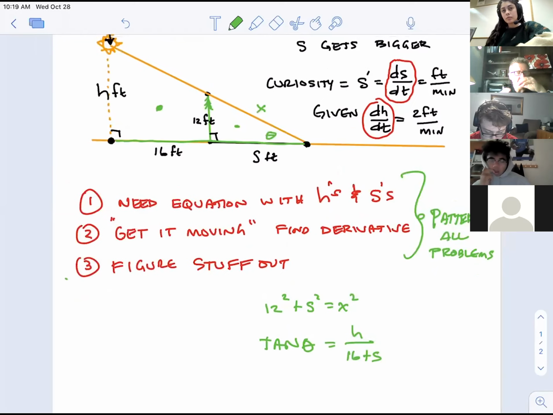Well, sometimes you have to find things that don't really matter in the overall thing in order to find what you're actually looking for. Nice job. I think this equation would be good because you can actually do something with it that involves your h and s. You're exactly right. That works. Like that is exactly true. Like you might have to find out more things than you want to know. But you may have to do this.